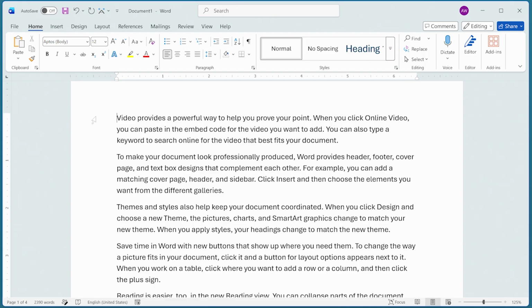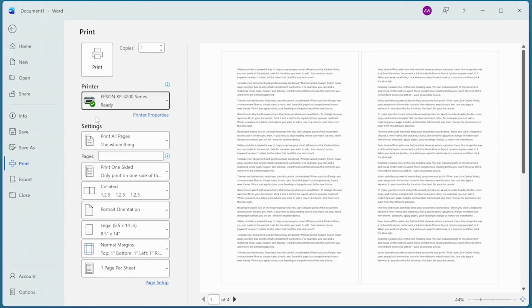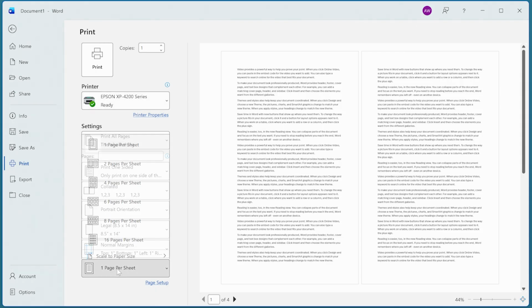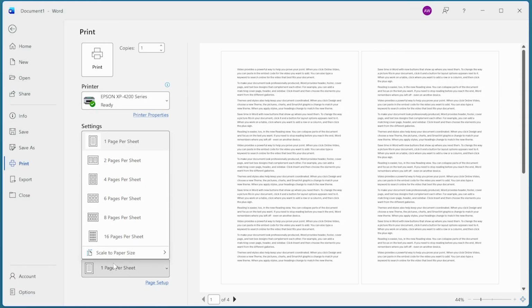To take advantage of this feature, load the document that you want to print, like the one we have on the screen here, and then press Ctrl-P. That displays the back office area of Word with all the print settings visible. The bottom control on this screen is one that allows you to specify how many pages should be printed per sheet of paper. If you click on this control, well, then you can see how many pages per sheet, but